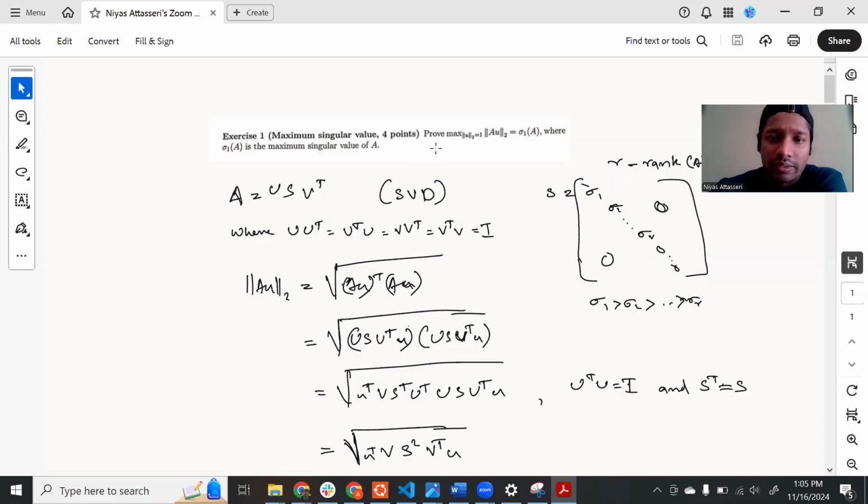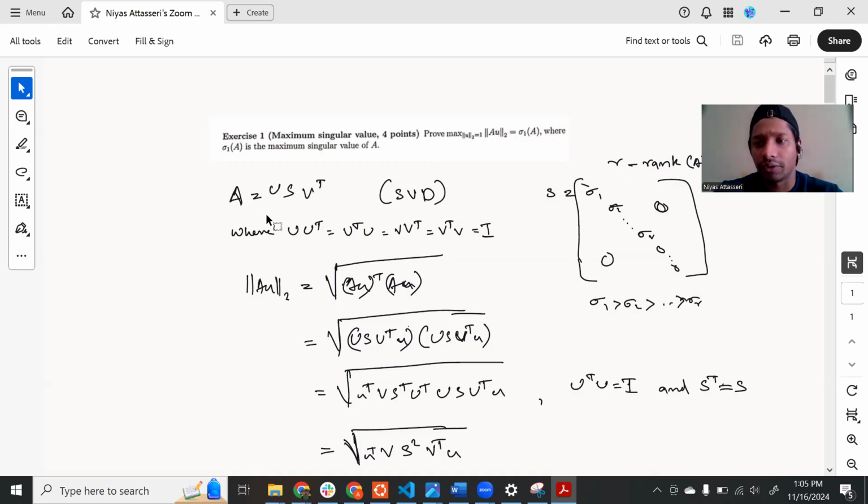So the first question is: prove that the maximum of the two norm of Au is equal to the first singular value of the matrix A, with the condition that the two norm of u is equal to one. So to do this,